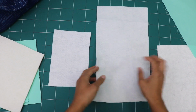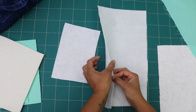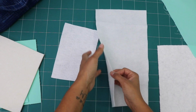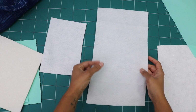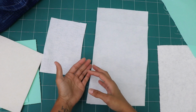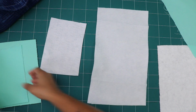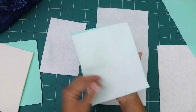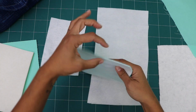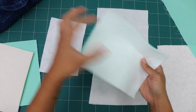Now also keep in mind that there's so many different types of stabilizers that different manufacturers will make these at different widths, or different thicknesses, I should say. I've seen fusible fleeces that are super, super bulky. So again, look at it and compare, and know that if it's thicker than this, then your finished chunk of fabric or your panel for whatever project you're working on is not going to look like this. It might be a lot thicker. So the thickness is going to come into mind when you're looking to see how it's going to affect the